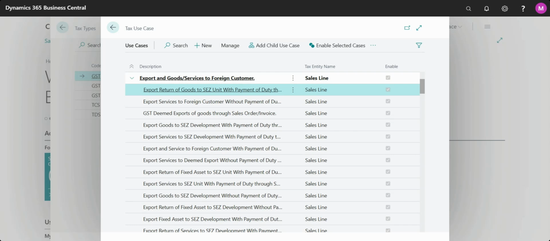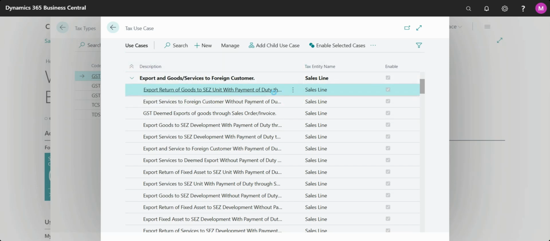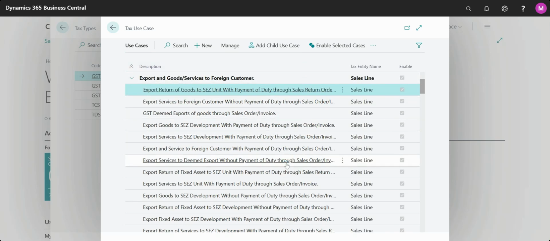This is related with the export categories, export of goods and services to foreign customers. This is the main title of the scenario, and under this bold category you can check the unhighlighted light showing the tax areas.